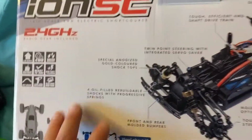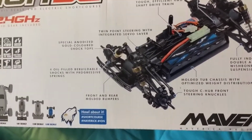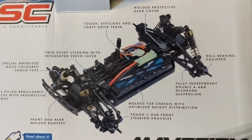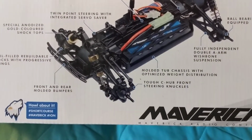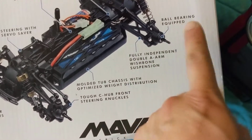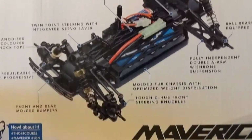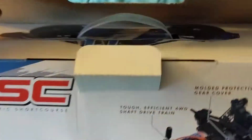And they do sell the Ion series in different styles. They have like a desert truck, a truggy, monster truck, rally car, short course truck, and this is the basic overview of the chassis. What's pretty cool about it is I believe it does have oil-filled shocks. I believe it's metal gears internally, ball bearings, which is a solid feature, not having to upgrade. But let's go ahead and get this opened. It is 4-wheel drive, and